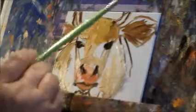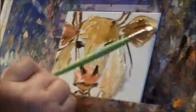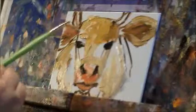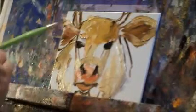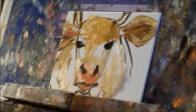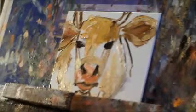Alright, we're going to add this lightest light also to these outer edges because I think I'm going to make this cow, we'll see, a little backlit. So we're going to add some lights right there. Alright, now let's